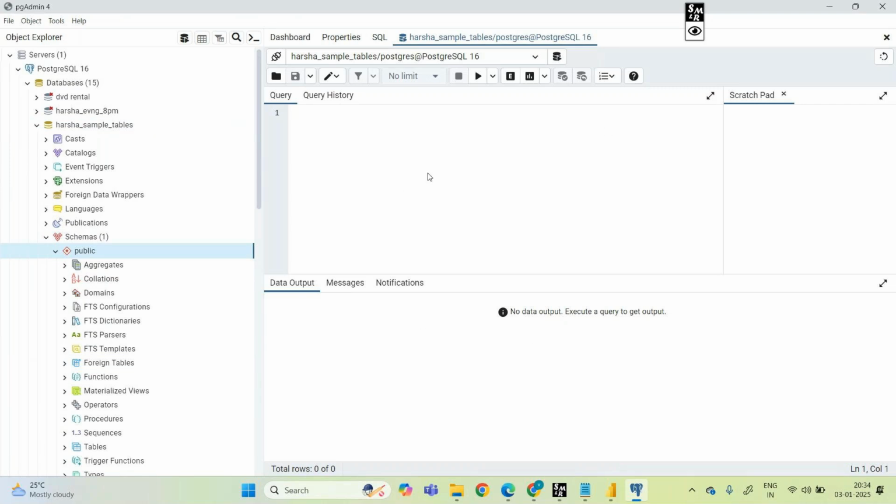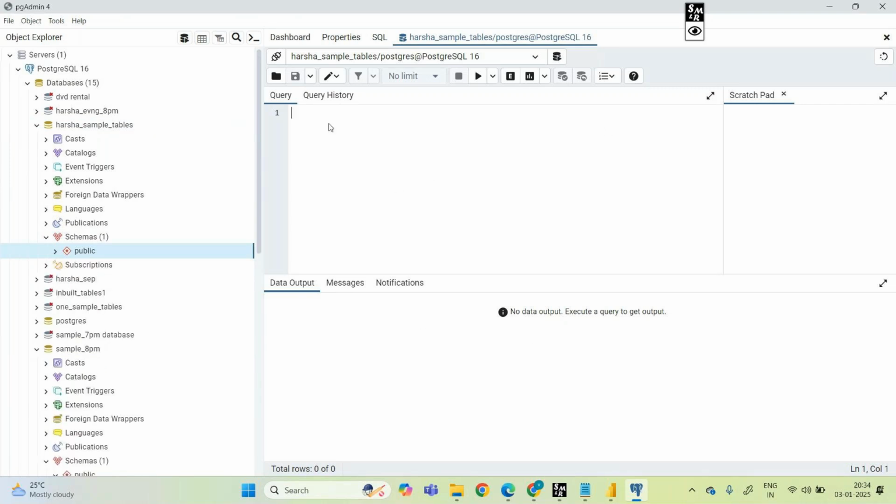This is PostgreSQL, guys. PostgreSQL is one of the relational databases where SQL is used. SQL is the language.